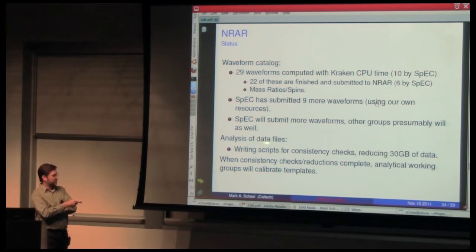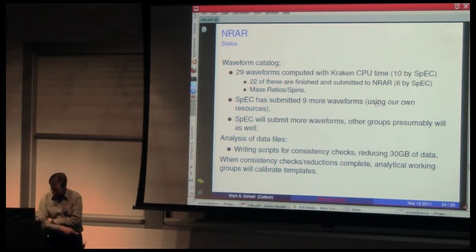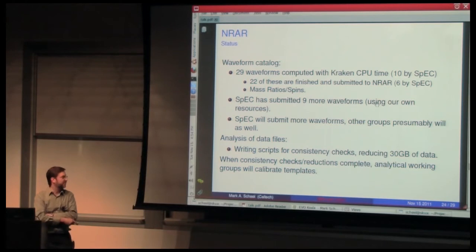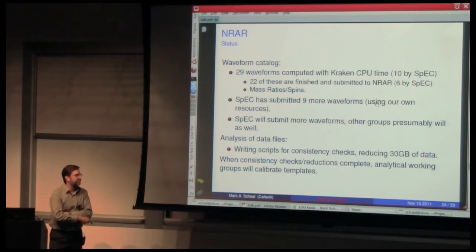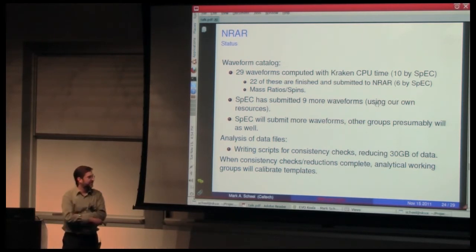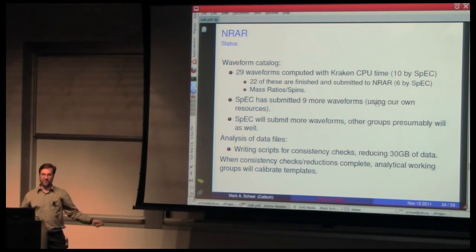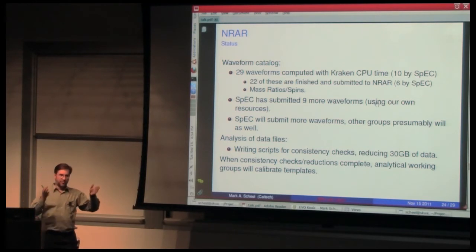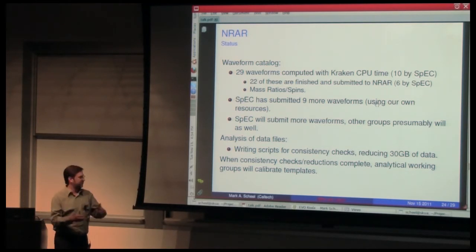Currently, what's going on is that there are scripts being written for consistency checks and for reducing the data. Everybody's throwing in their waveforms, and there's 30 gigabytes of data, and then you have to figure out how you want to organize this data in such a way that people can use it. And then when these consistency checks are complete,